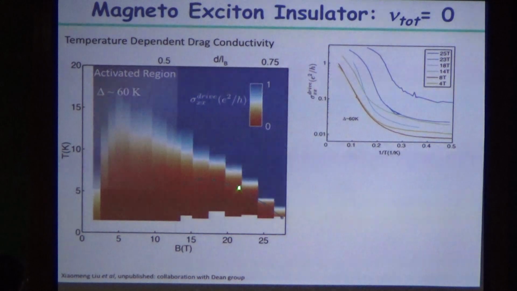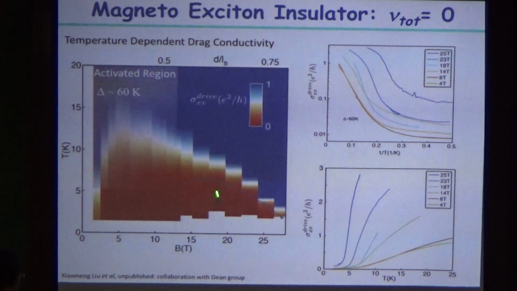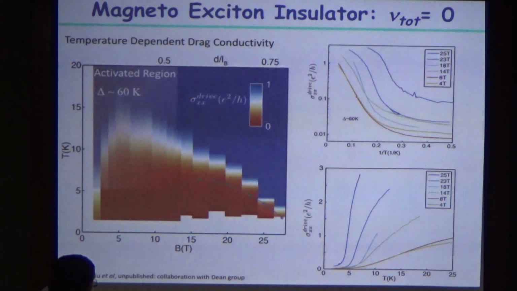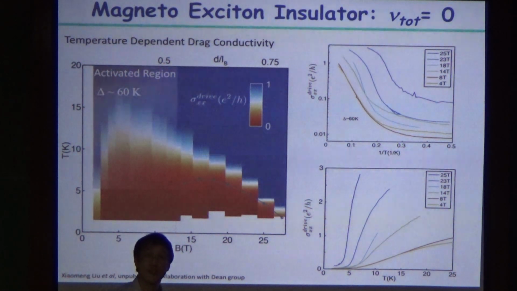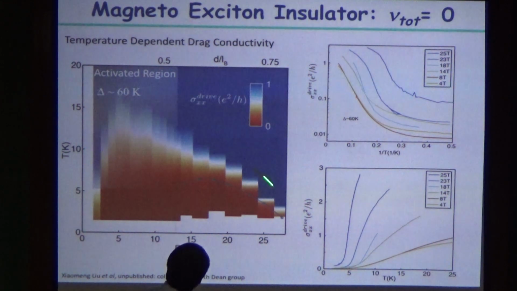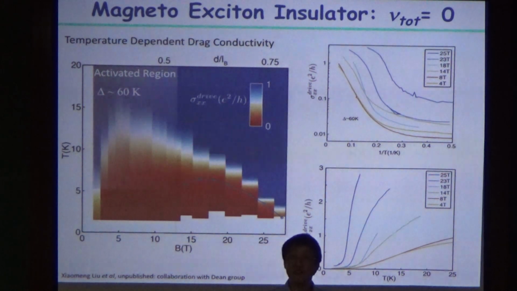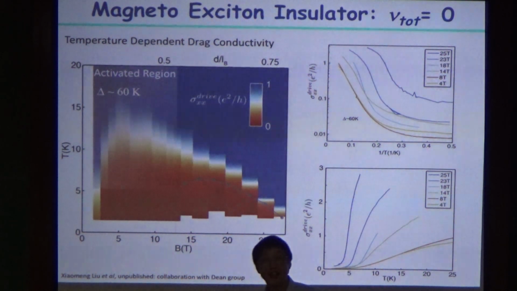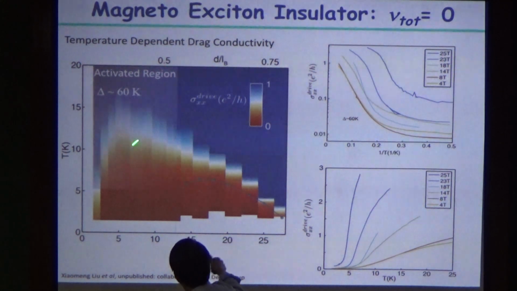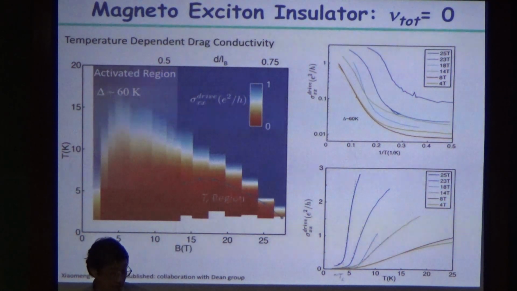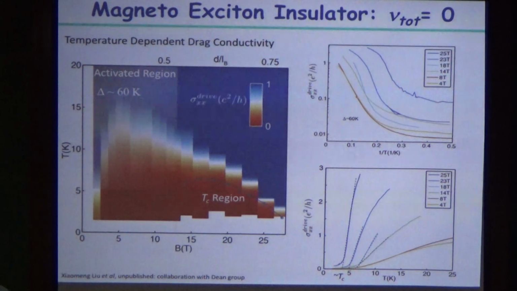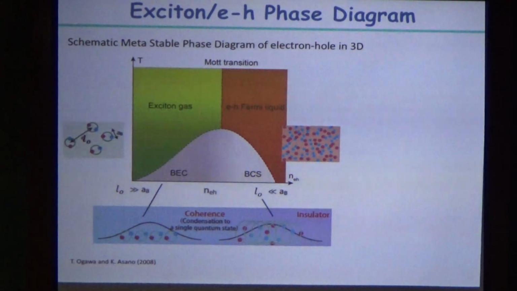And when you go to the high magnetic field, that activation behavior is exactly gone, and it's more like a sharp transition is happening. So if you simply look at it, the conduction is really quenching off, and I think this looks like some sort of superconducting-like transition. So there's some regime change, which you can read off from this type of diagram. This is still a very qualitative description, but already you start to sense that an interesting dome-like shape of the transition is happening. In fact, this type of thing is exactly expected when you look at these electrons and holes